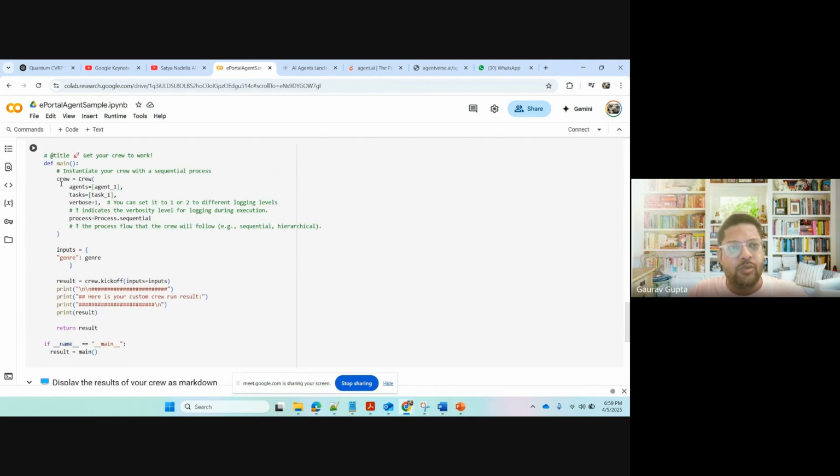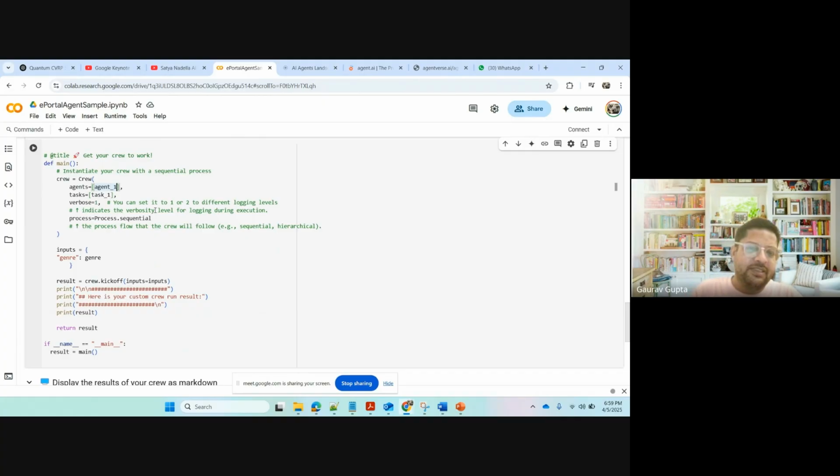This is where we define the crew. I told you, a crew is a collection of agents. I just have one agent, but I could have more than one: agent 1, agent 2, agent 3. Somebody is good at movies, somebody can critique the movie. Agent one says this is a movie, but agent two can say, no, this is not a good movie. So we can have more than one agent.